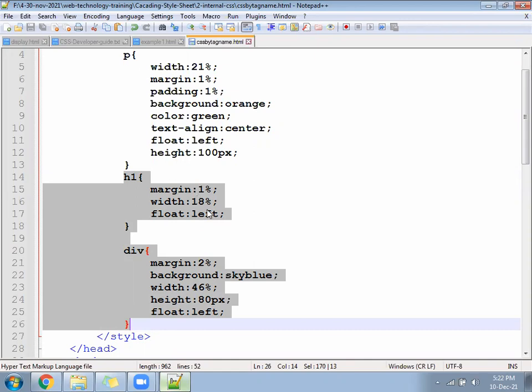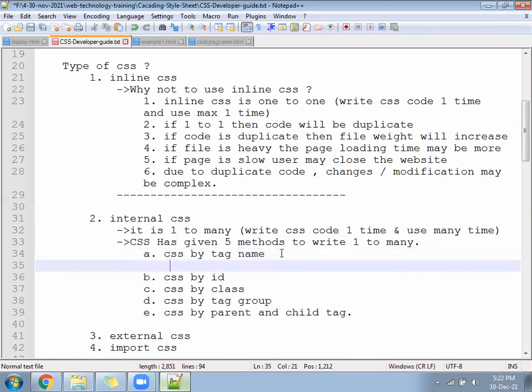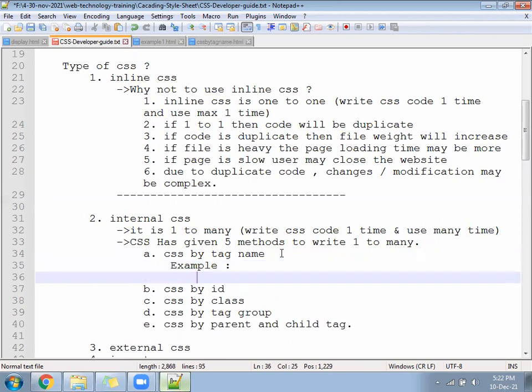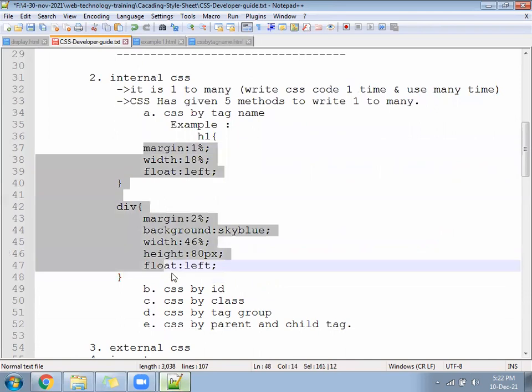After copying both, come to your developer guide, and under CSS by tag name, write example and paste this code here. It will be helpful for you.